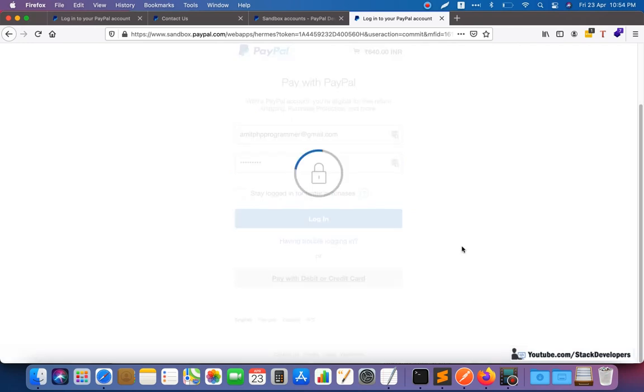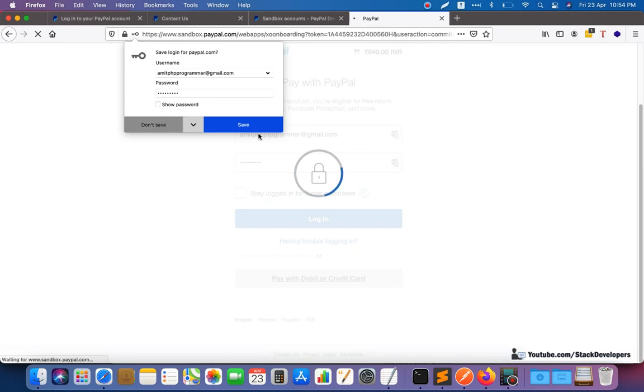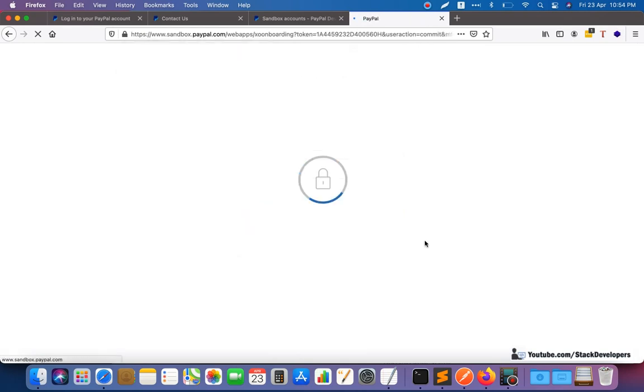So there are two options, and we have already seen that pay with debit or credit card is working perfectly if you want to pay. The form will also open where you can add the information. So we will continue working on PayPal in the next video as well, and we are going to explore other options.